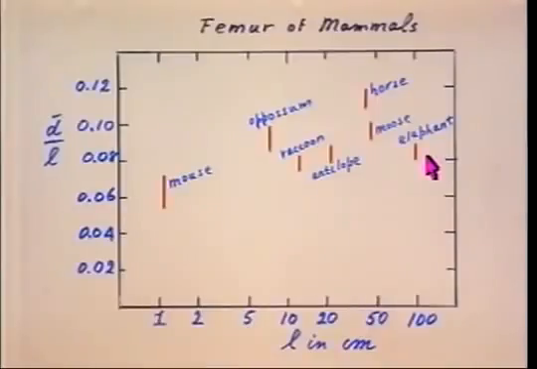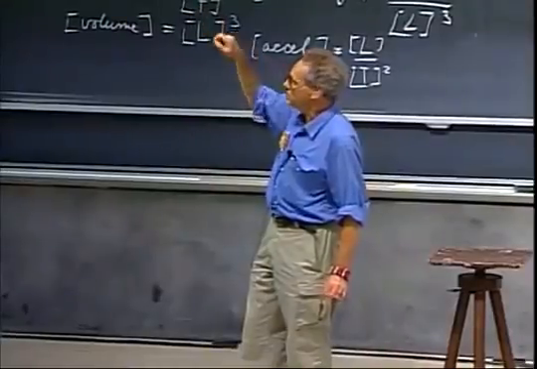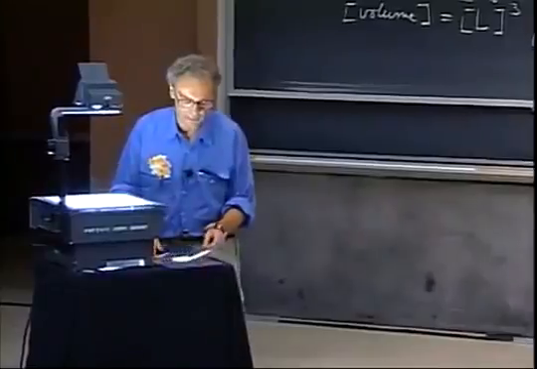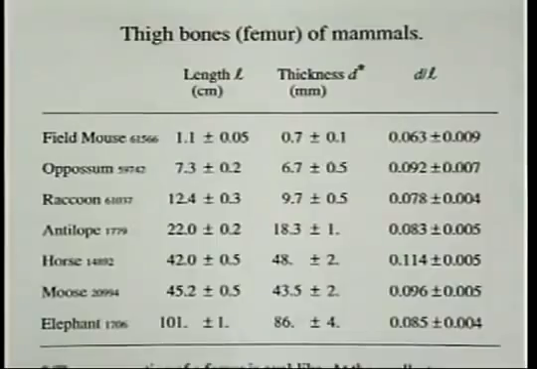for the mouse. These vertical bars indicate my uncertainty in measurements of thickness, and the horizontal scale, which is a logarithmic scale, the uncertainty of the length measurements is in the thickness of the red pen, so there's no need for me to indicate that any further. And here you have your measurements, in case you want to check them. And look again at the mouse and look at the elephant.